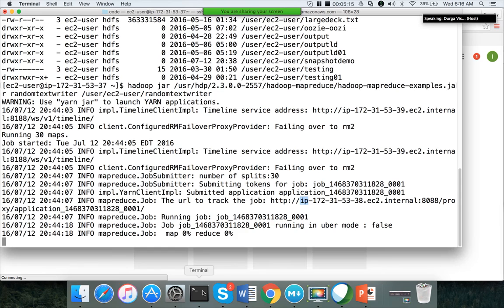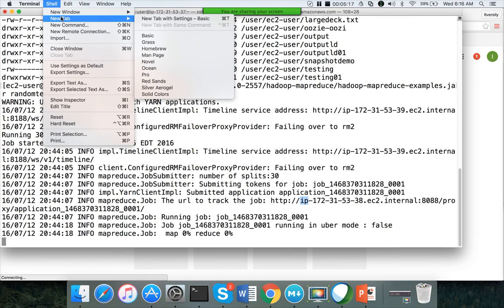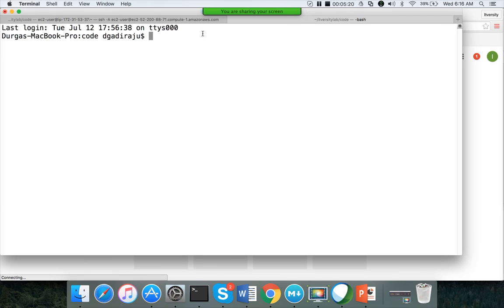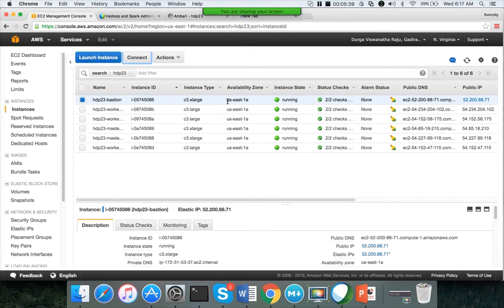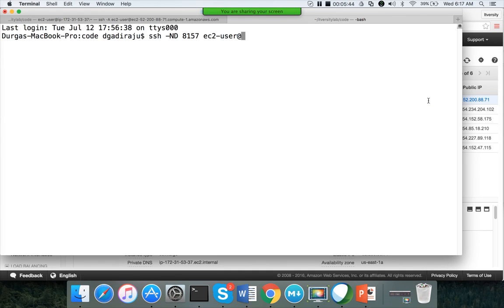So what you have to do is first open a new tab, and then earlier I ran the ssh command. Now I have to say the port number 8157. Okay, that is the port number. ec2-user is the username, and the gateway node of our cluster. The gateway node is the Bastion server for my HDP cluster. For my Cloudera cluster, it was master01. So use this one, and as long as it is hung, the tunneling is going on.